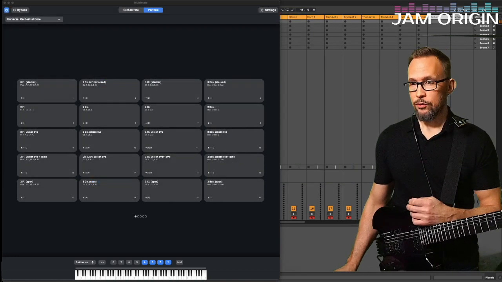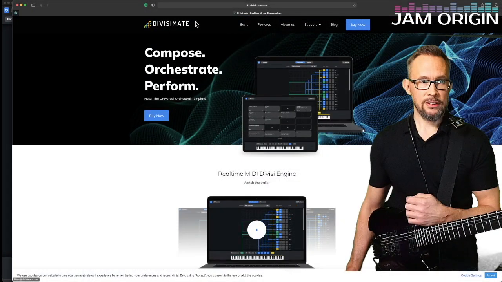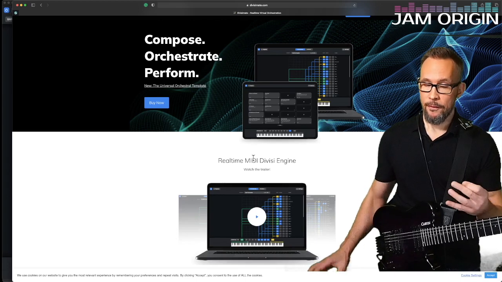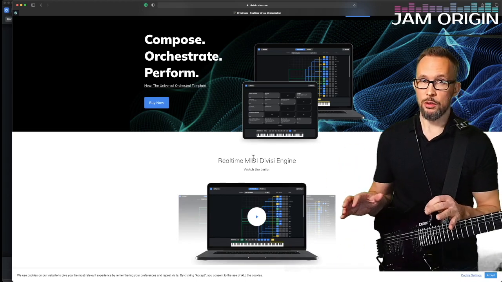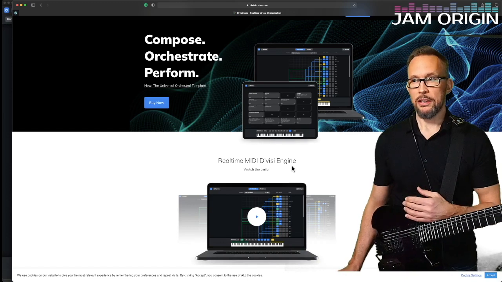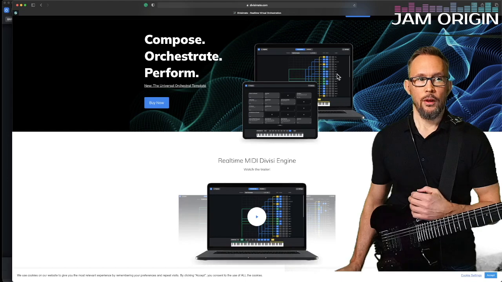And the software I'm interested in here is called Divisimate. It splits up your incoming MIDI from whatever controller you're using. I'm going to be talking about how to use MIDI Guitar in this context. So first of all,